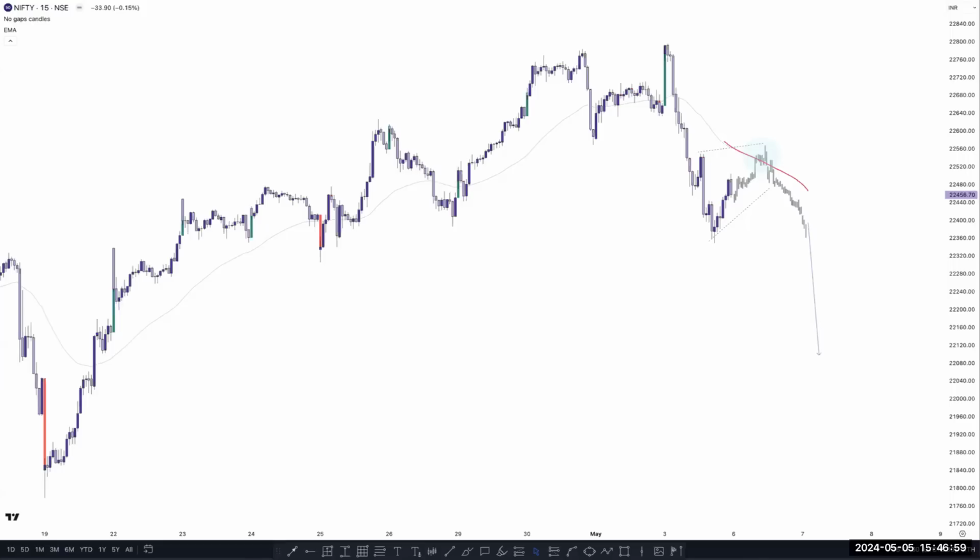Combine both SMC and price action? Yes, you can use both, but I'm using a few concepts of smart money concept, which are very basic and simple principles, and also using price action. So I combine both things and the results are very good, right? What is the best time frame? There is no best time frame, but simply you can use the 15-minute time frame and 2-minute time frame.